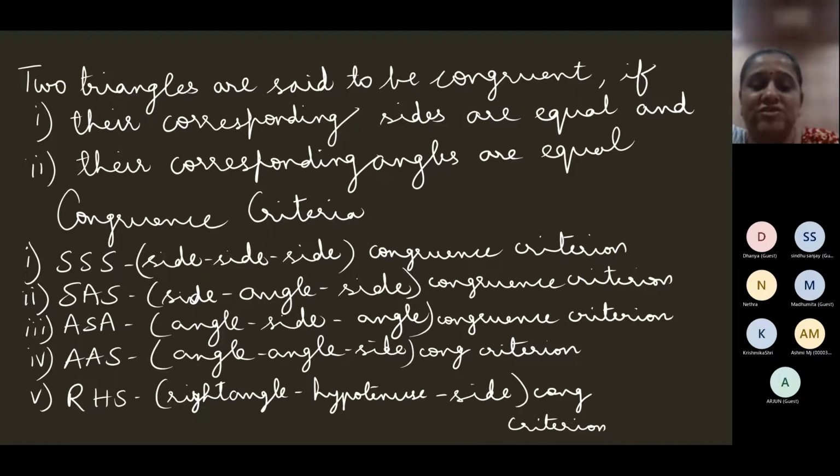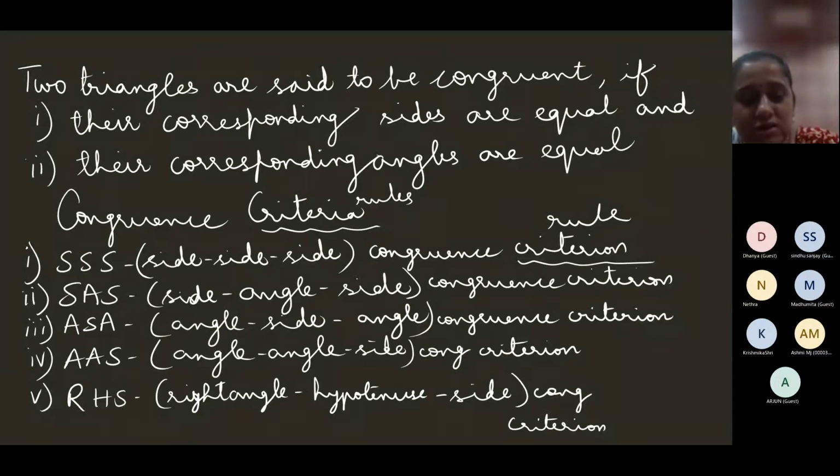Okay, so SSS congruence criterion or rule. Criterion meaning rule. Like saying rule and rules. So SSS congruence rule or SSS congruence criterion. SAS congruence criterion, ASA congruence criterion, AAS congruence criterion, and RHS congruence criterion. So using any one of these 5 criteria, we will be able to show that two triangles are congruent to each other